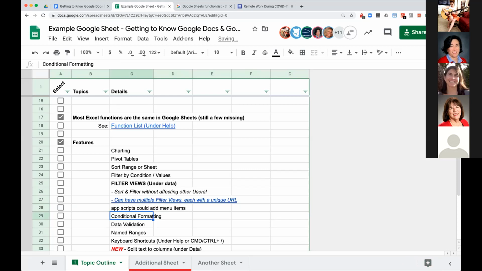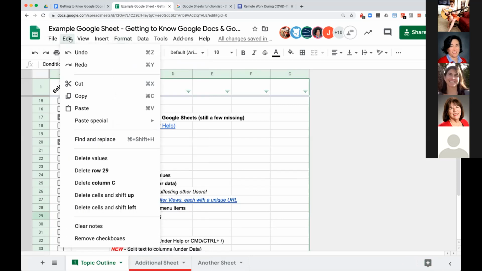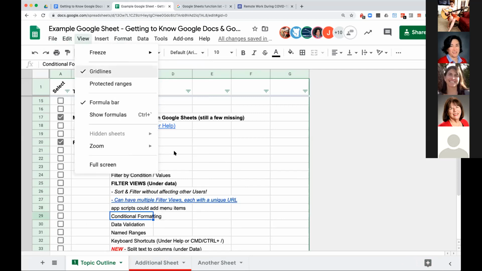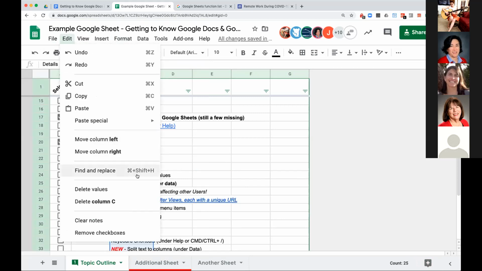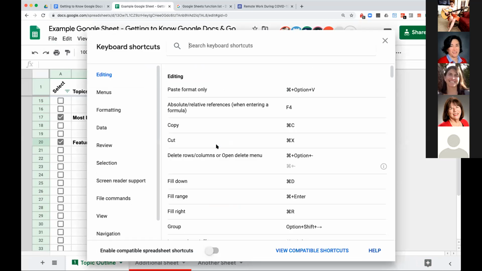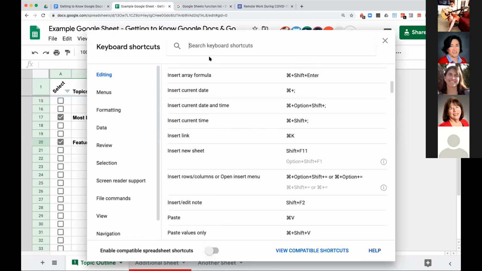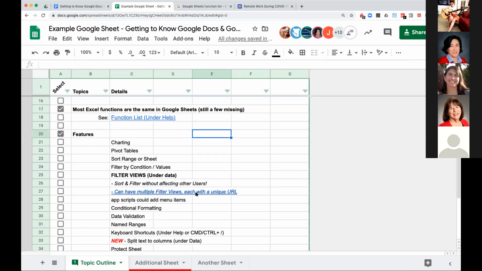I think my workaround for that would be to learn the shortcut keys for stuff, whether that's adding rows, etc. I find that's the way I do things more quickly. So, bringing up the keyboard shortcuts, you can even search for the one you're looking for. So that's a great question, but yeah, there isn't an easy way.